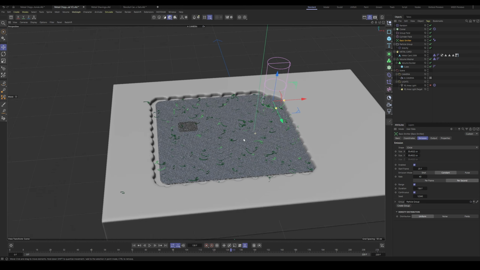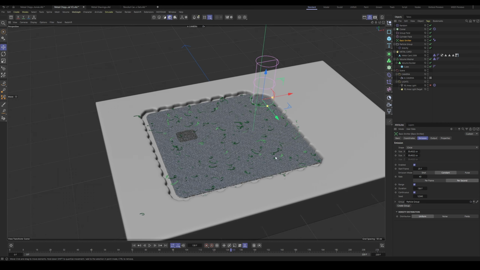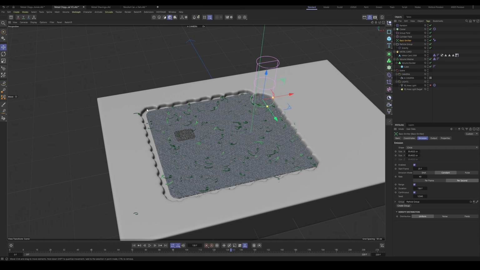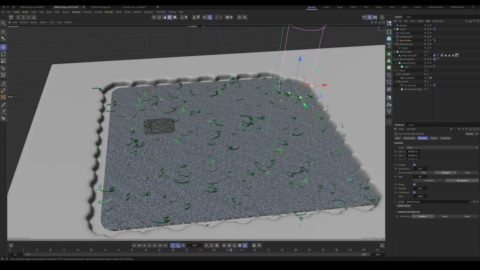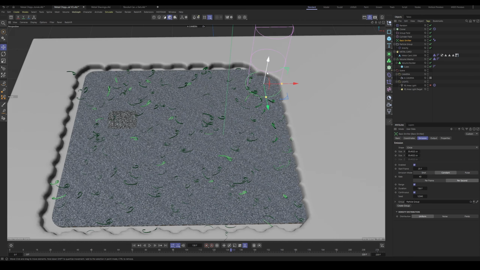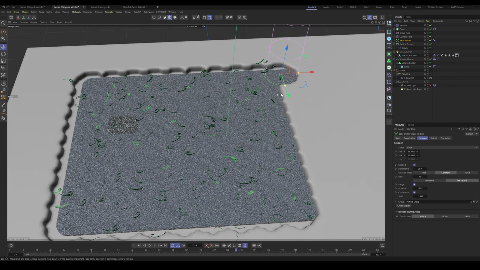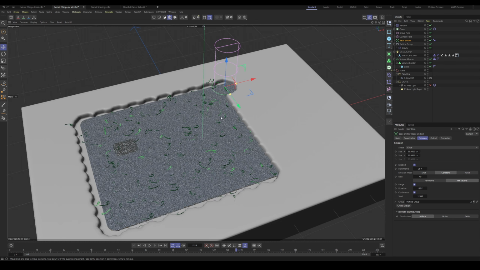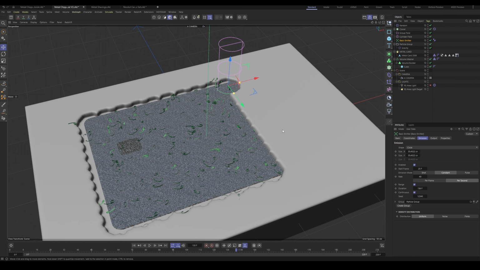Okay, so we now pretty much have our main effects set up. We have our volume builder, which is going to be our metal block that's being cut out. And then we have these metal shavings, which are spawning in the place of where our current cutout is happening. So the effect is pretty much set up. We just now need to add our final touches to actually make this all come together and